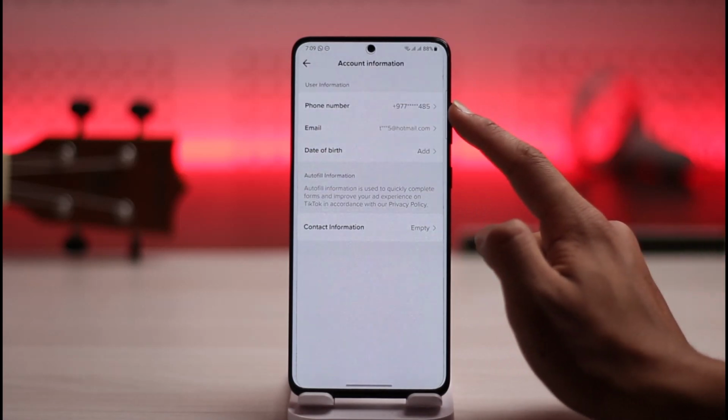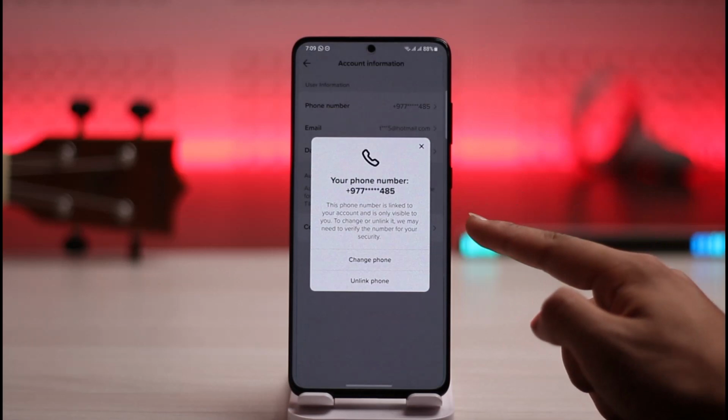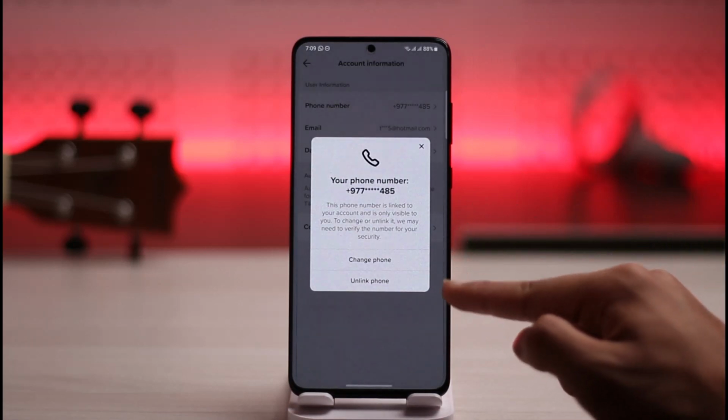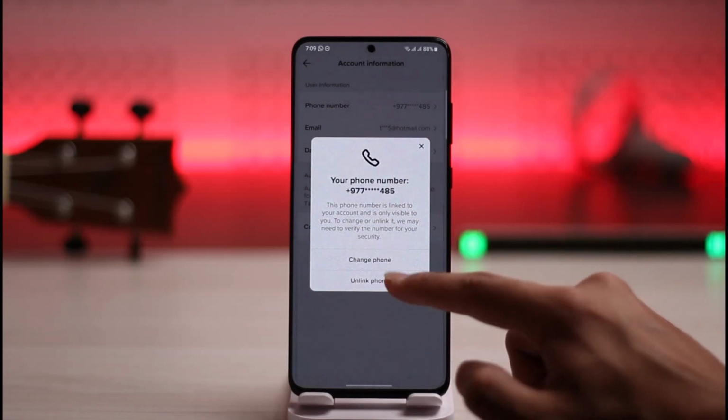Here you'll be able to see your phone number, and let's say I want to remove the phone number. I just need to tap on it. I'll have options to change it or unlink it. So if you want to change it, you can do that. If you want to unlink it, which we're learning in this video, to remove it, so just tap the unlink